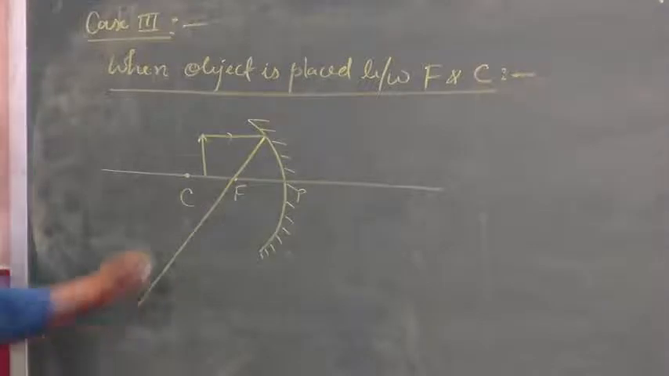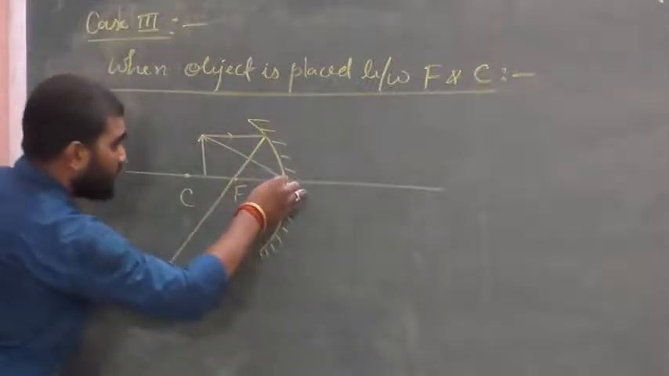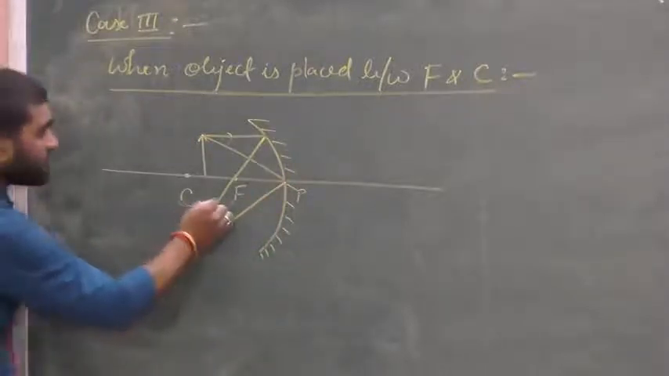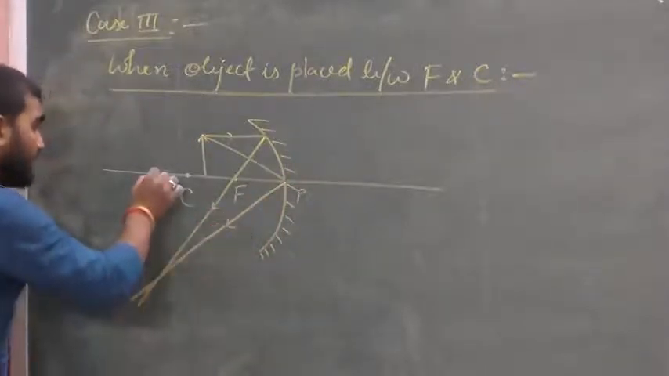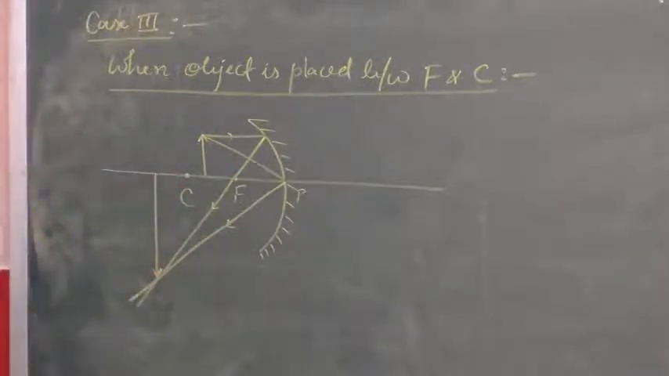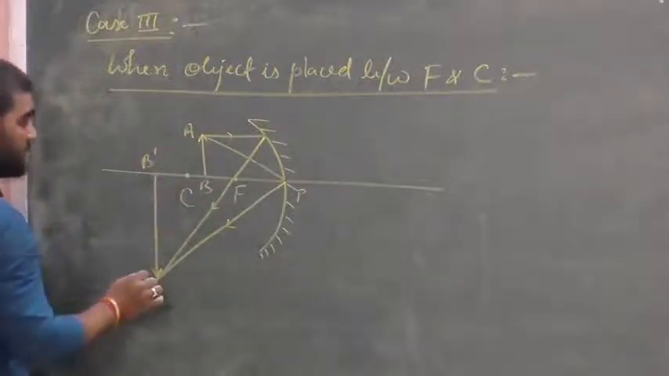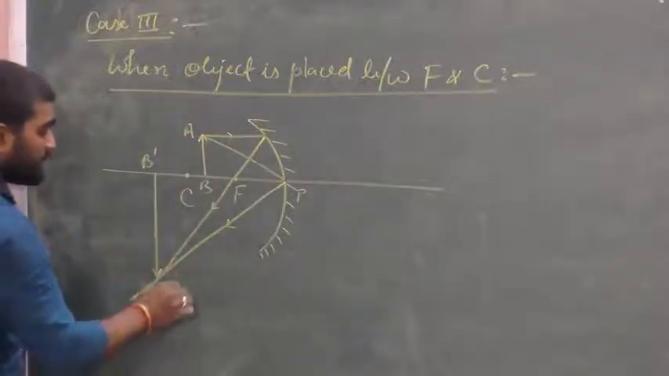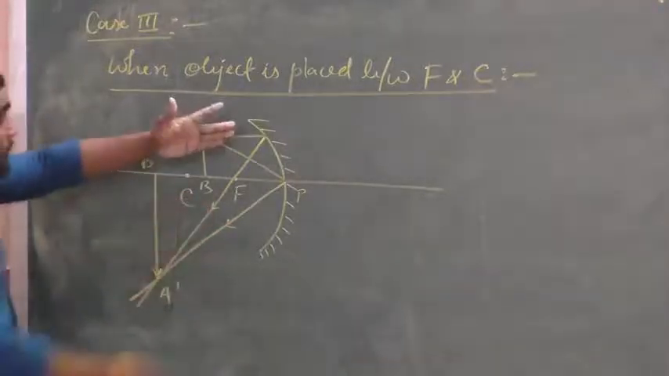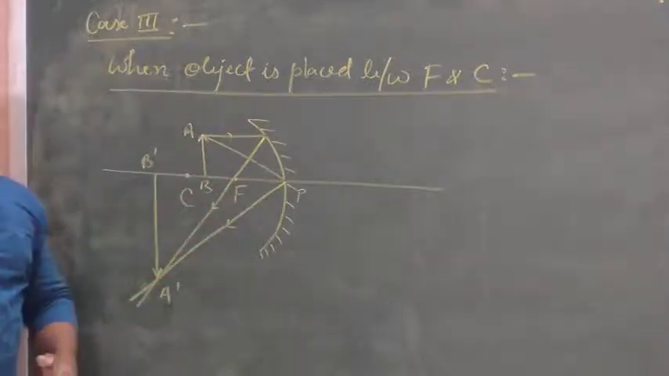And when the ray of light falls obliquely, it will reflect back with the same angle. Now you can see both reflected rays are cutting each other beyond C. So this is the object AB, and this will be the image formation B dash A dash. Here we can see both reflected rays are cutting each other directly,